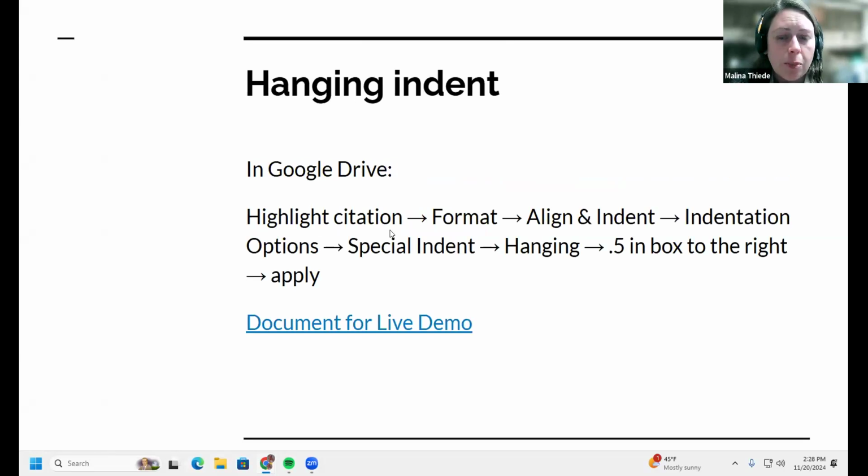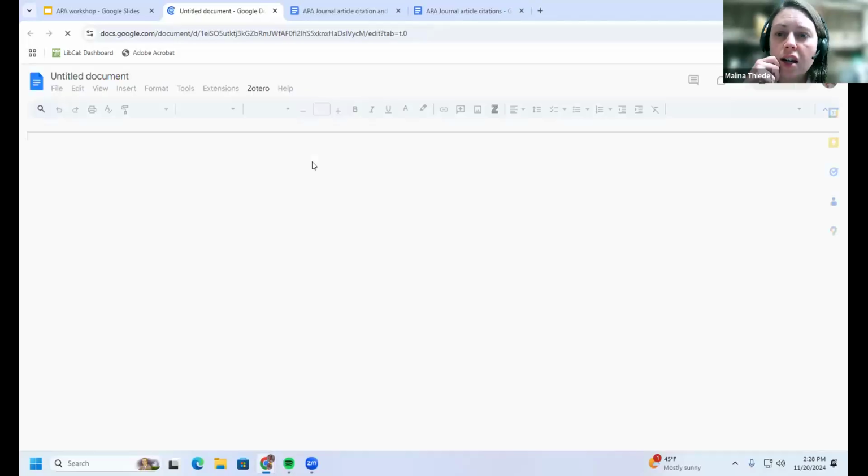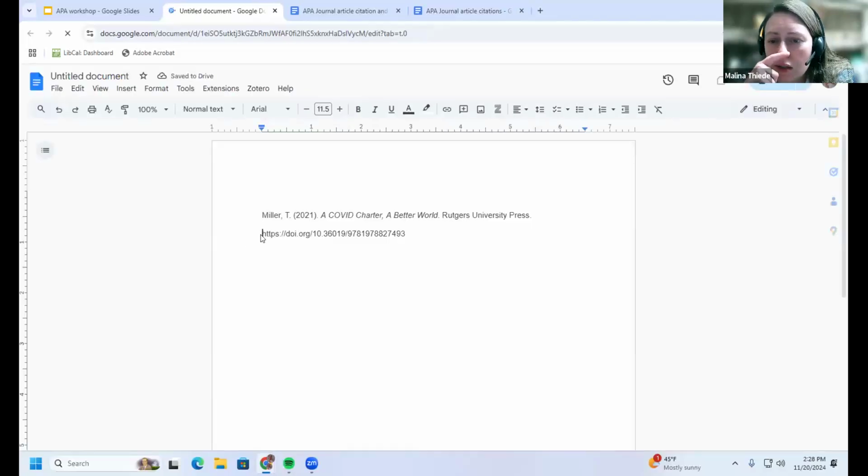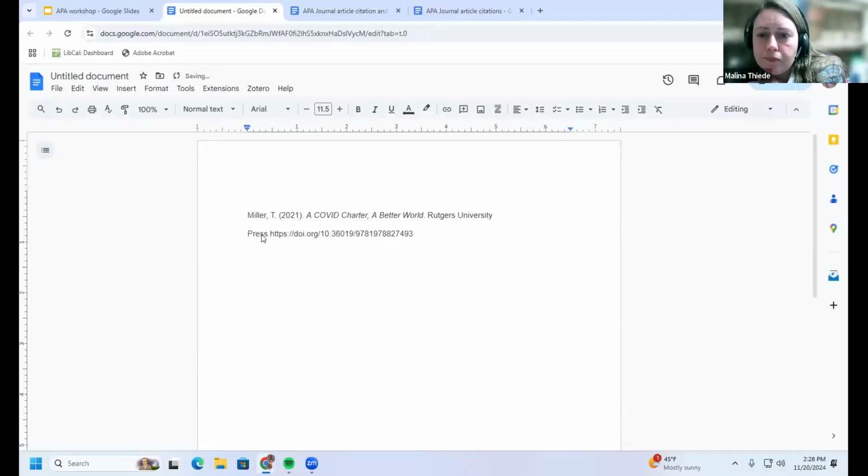So I have here in the next couple of slides a method for formatting the hanging indent without wanting to bang your head on the desk. Here's a document that I have to demonstrate this. I've got here my citation, and it is not properly formatted.